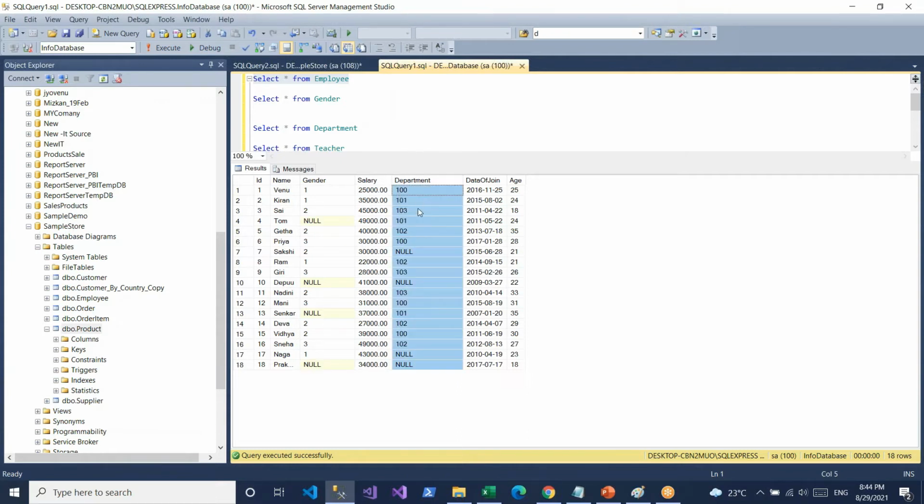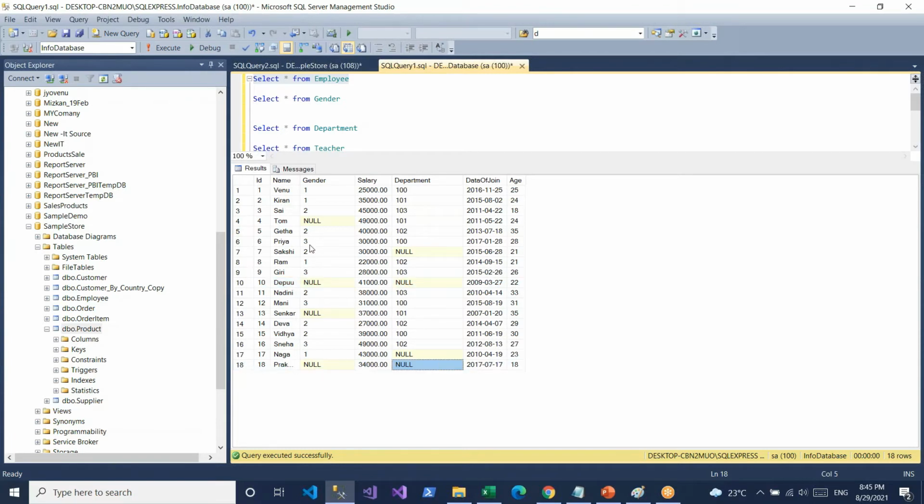So how many people have a department? 4 people do not have a department. So totally only 14 people have a department out of 18. Okay. So people who have no gender and no department: this is one, and this is another.